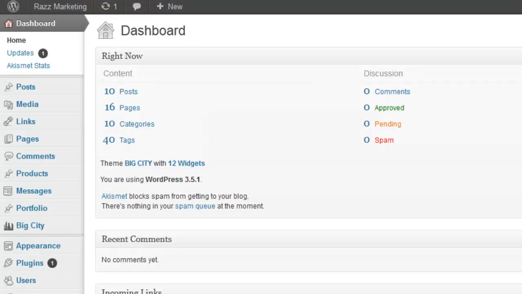Now this here is covering what you need to do when you want to edit a post for the first time. Now if you haven't seen how to edit a page for the first time, it's best that you go and have a look at that post or that tutorial first, because the first part of it is pretty much exactly the same. But in this particular case, we're on the WordPress dashboard